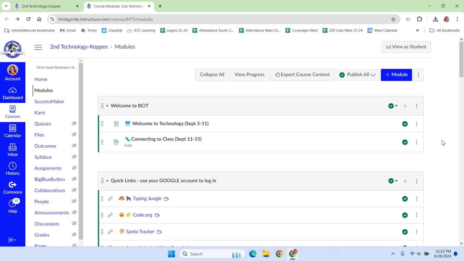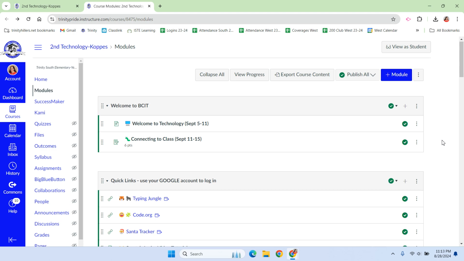You can probably tell from my modules that I really like using the emojis. I think this is best practice for elementary because it makes it easier for the kids to find things when they can't read. I have seen some teachers use a different colored shape for each of their modules. So red heart means math, blue heart means social studies, green heart means science, and so on and so forth. If you have all of those in the same module, I would recommend against it just because some kids are